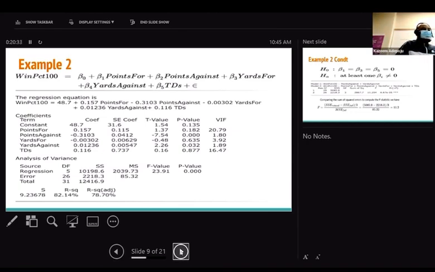For instance, the important variables are PF, points against, yards for, and touchdown. Those are the predictors, right? Now, when I run the regression, oh my God, look at the p-value. It's telling me PF is insignificant. Oh my God, that doesn't make sense. What increases the chance of winning is when you increase the number of